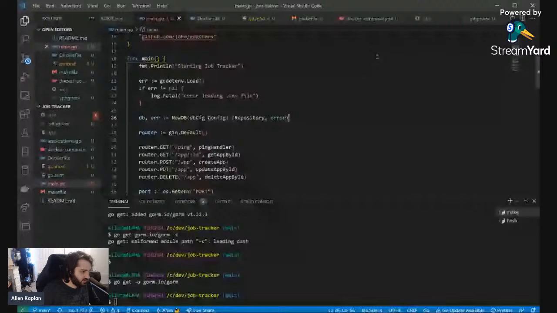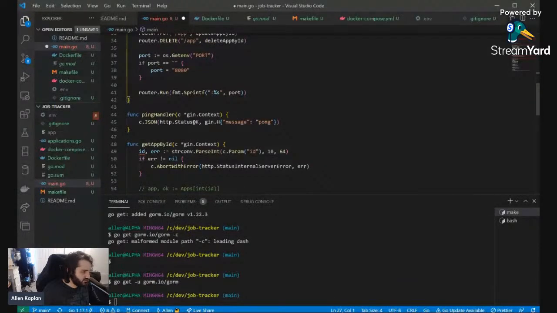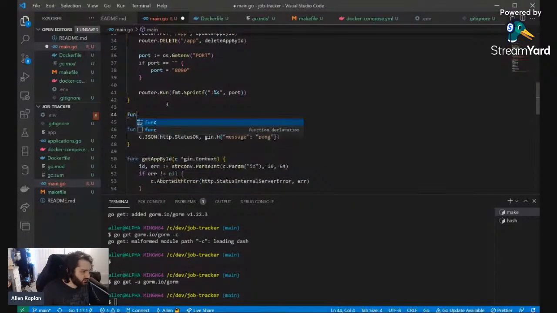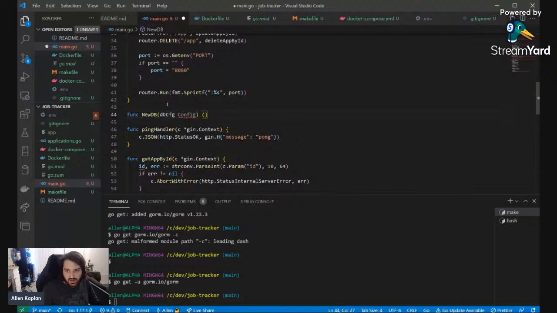Okay. So NewDB is not declared. Let's go down here. func NewDB, dbCfg config, and we are going to return a